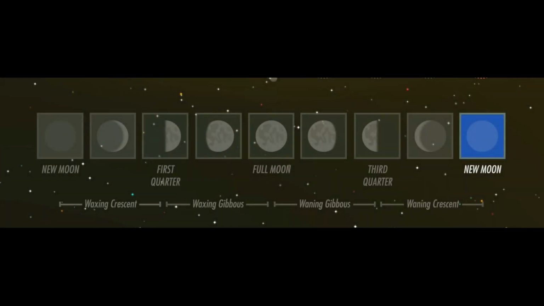So you have 4 major moon phases, right? You got the new moon, the first quarter, the full moon, and the third quarter. Then you see how the blue starts over again with this one. Now in between, you got the waxing crescent, the waxing gibbous, the waning gibbous, and then the waning crescent. So those are the 8 all together, but you got 4 main: new, first, full, and third quarter, okay?